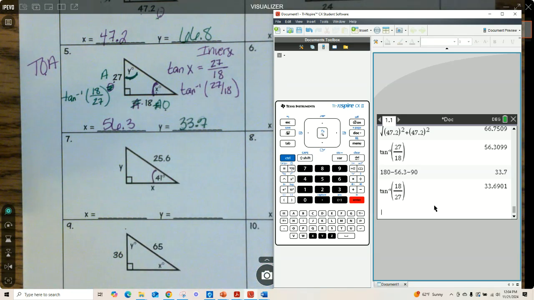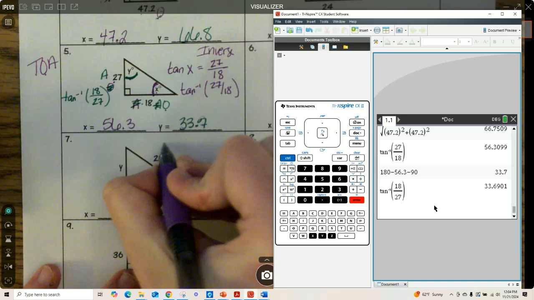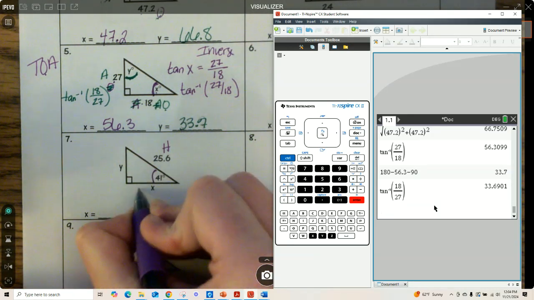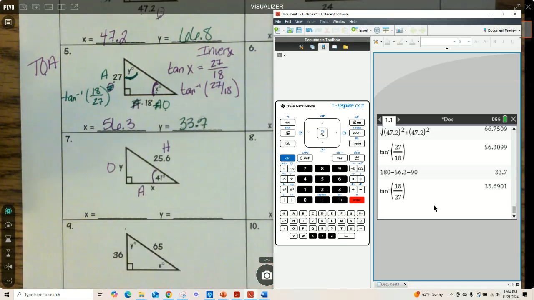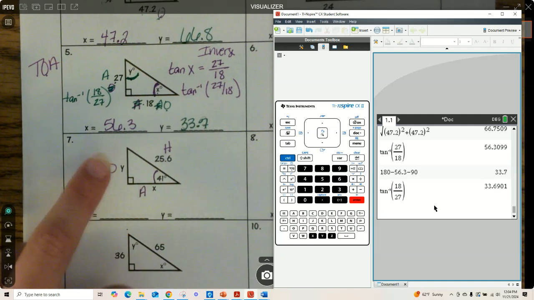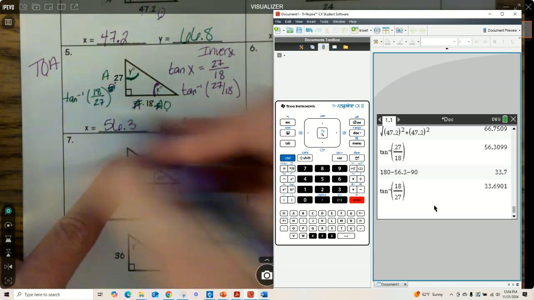So the 25.6, opposite, adjacent, hypotenuse. Hypotenuse. So what's the x? Adjacent, and that means that's opposite. So at least the labels are going to stay the same. So x is an A. I can't use that O at all. There's no value there. There's nothing. I can't use that one. So A and H